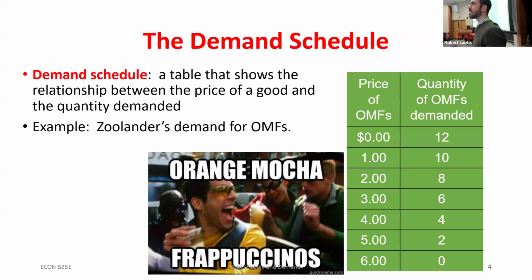Okay. Now I could set this up. If I have a table, what can I always do? Turn that table into a graph, right? Now, when we draw out the supply and demand curves, or these markets, as we talk about them throughout the semester, what we'll always put on our x-axis is the quantity of the good we're looking at. What's going to be on our y-axis is the price. Okay? So if I start to think about what I'm doing here, I could take these values